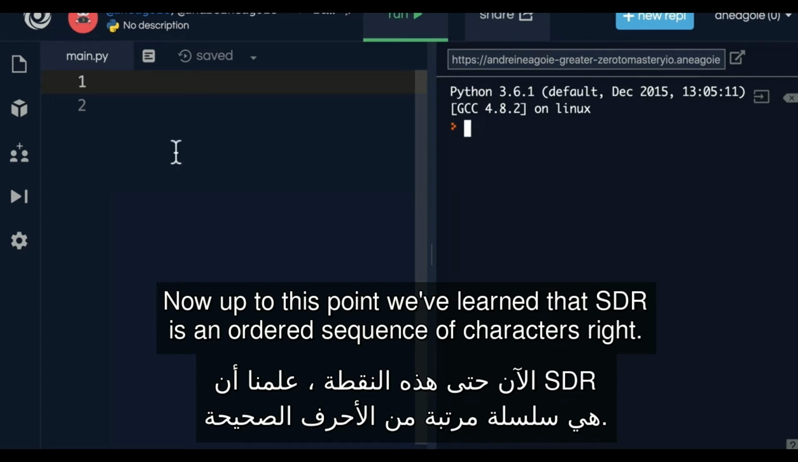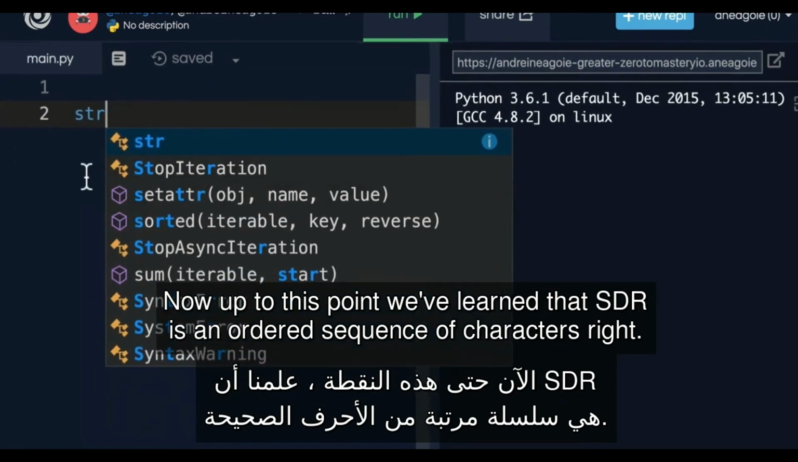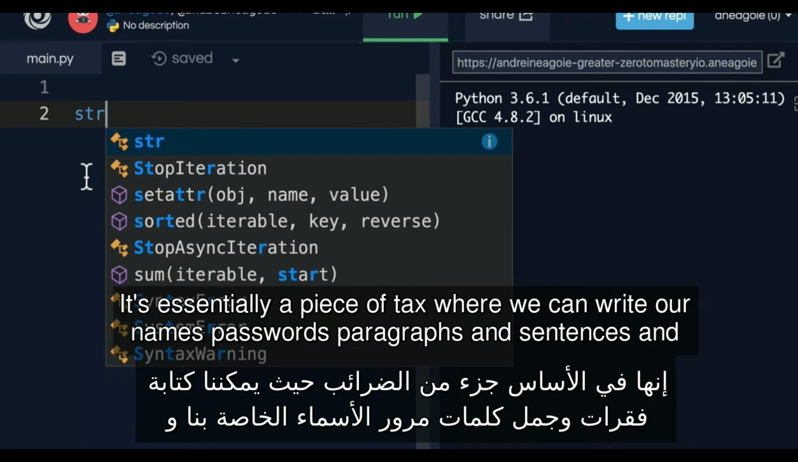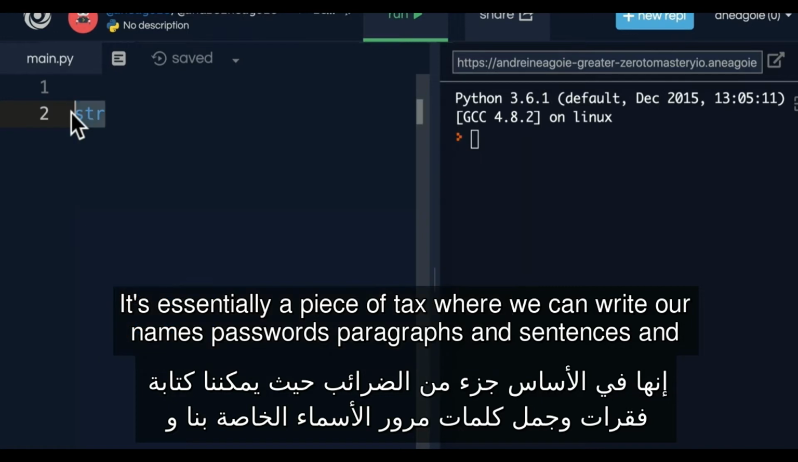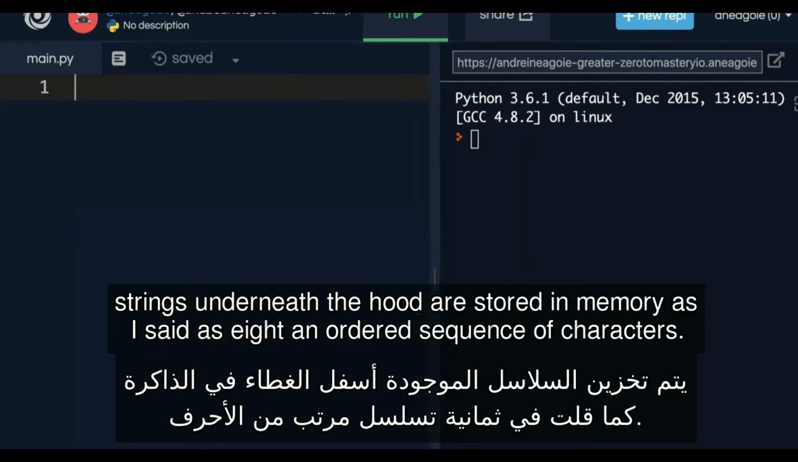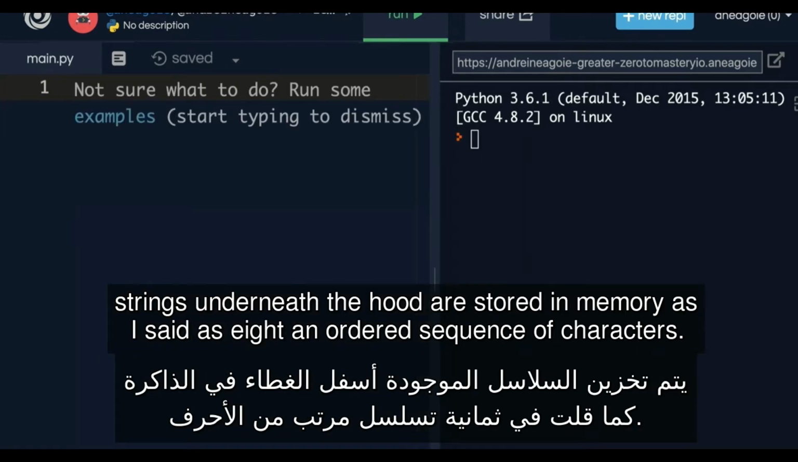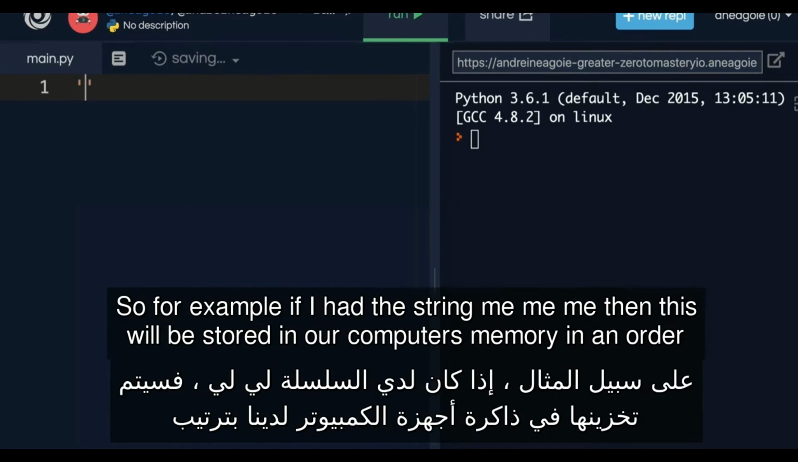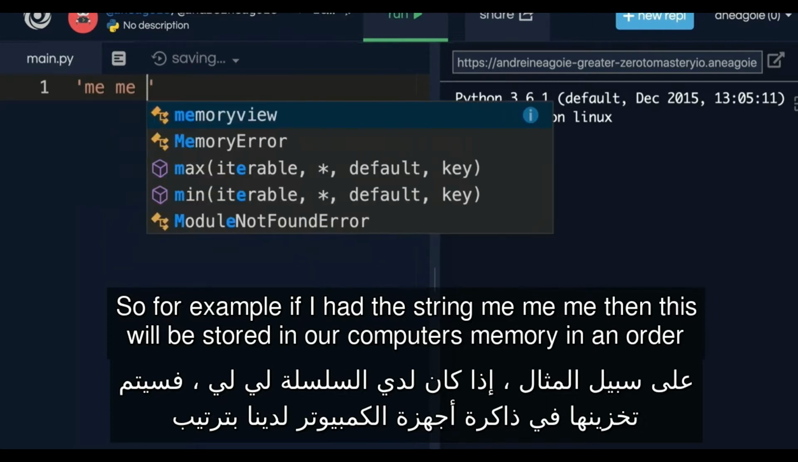Now, up to this point, we've learned that str is an ordered sequence of characters, right? It's essentially a piece of text where we can write our names, passwords, paragraphs, and sentences. And strings underneath the hood are stored in memory, as I said, as an ordered sequence of characters. So for example, if I had the string me,